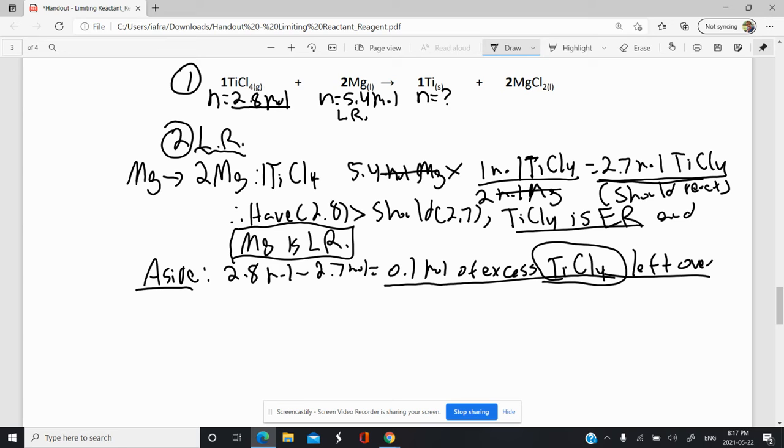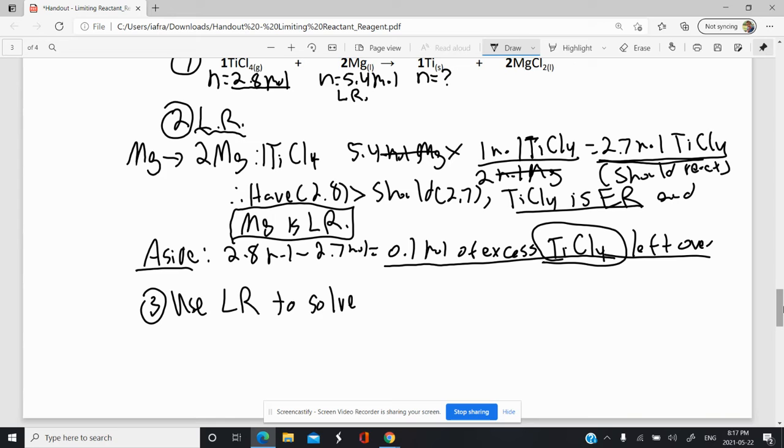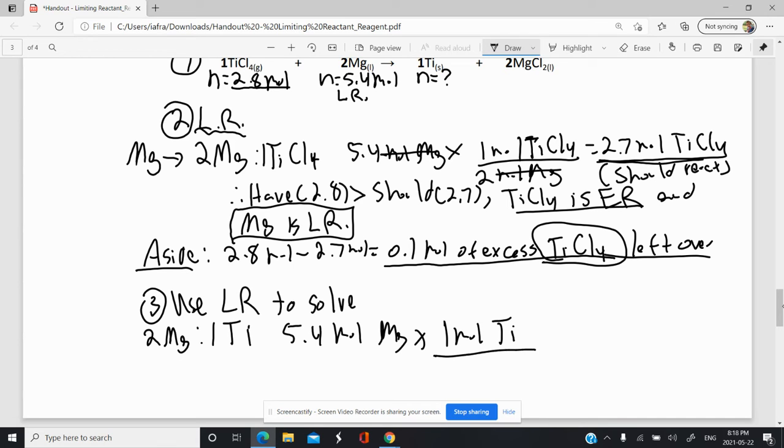I'm just showing you what you would do if you want to do that. But now let's go back to the main question. We know what our LR is. It's the magnesium. So now we can use the magnesium, the LR, to solve. We're looking for titanium. It's a 2-to-1 ratio. So you would know right away it's divided by 2, but let's just go ahead and show that. So we have a 2 magnesium to 1 titanium ratio. Our magnesium is 5.4 moles of Mg multiplied by 1 mole of titanium for every 2 moles of Mg. Cross out the moles of Mg, and you just get 5.4 divided by 2, which is 2.7